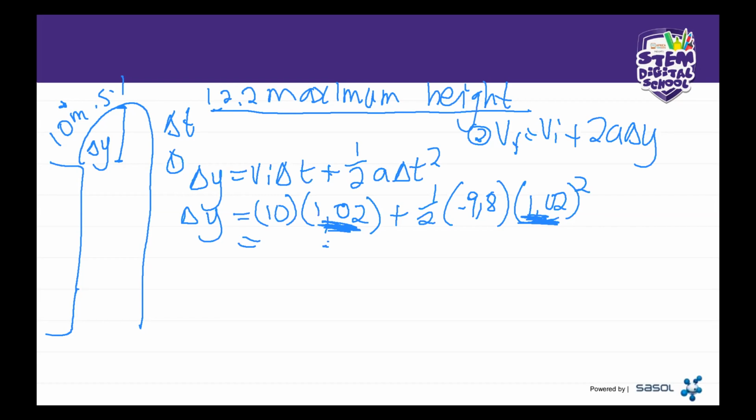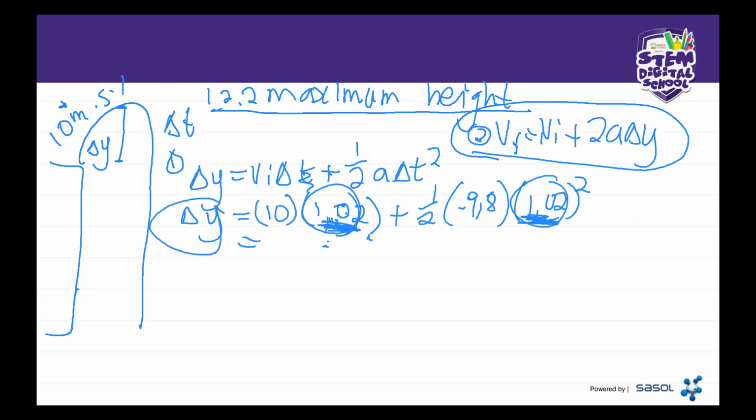But if my time is wrong and I do number 2 using this formula here, it means that I will still get some of the marks. I will be able to get marks for my second question of the problem. So make sure, guys, that you use what is given, most importantly, more than you use what you calculated. So like this one, we calculated the time, so it's not preferable, because what if I calculated a wrong time? What if I got 3 instead of 1.02 and I start substituting it for this y? Everything is going to be wrong. So it's better to use a formula that doesn't have anything that I needed to calculate.